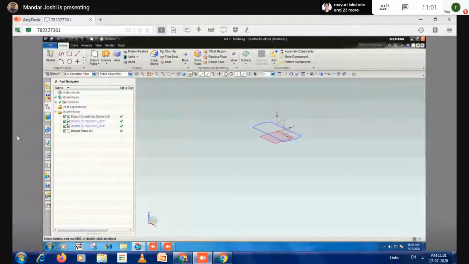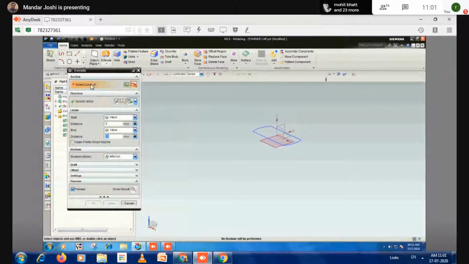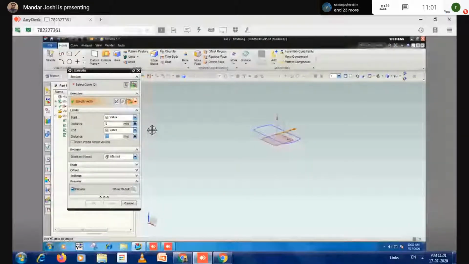There we have to use the extrude button now. In the extrude, you have to select the sketch, but ensure that the connected curves option is on, and then select the direction you want. Can you tell the name of the direction? Minus ZC. Minus or plus we can take. So I'm taking minus ZC.